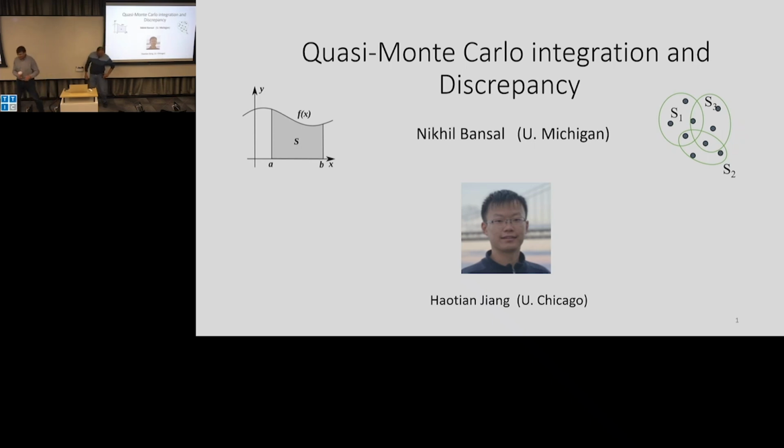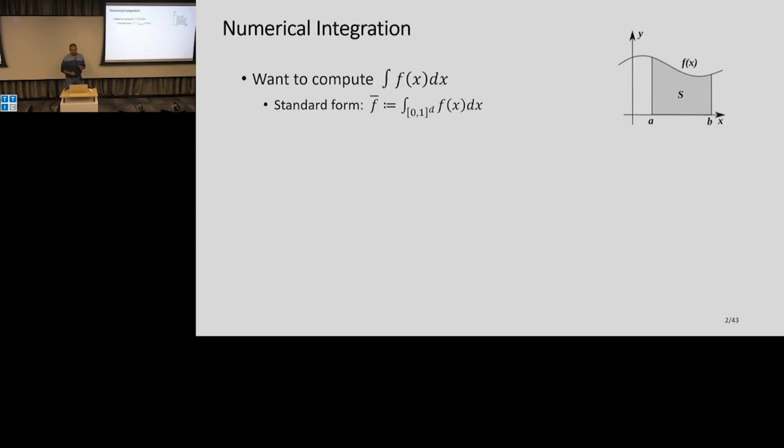Right. Thank you, Avrim. Great to be here. Good. So, yeah, today I'll be talking about these two disparate areas, Quasi-Monte Carlo integration. I only learned recently about this thing, so I'll give a big overview of what this is all about. And this area of classical discrepancy theory. And this is joint work with Haotian Jiang, who's right at U Chicago. I guess he couldn't make it today. Good, so let's get started.